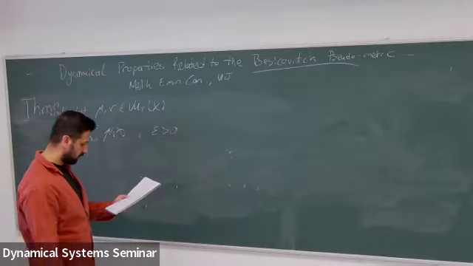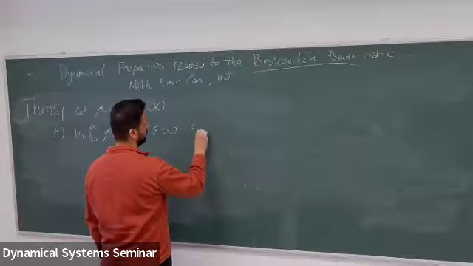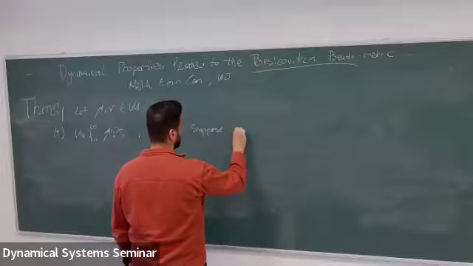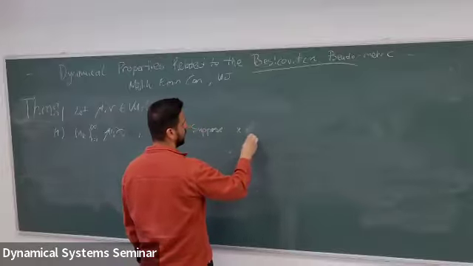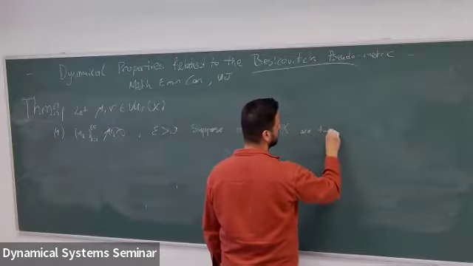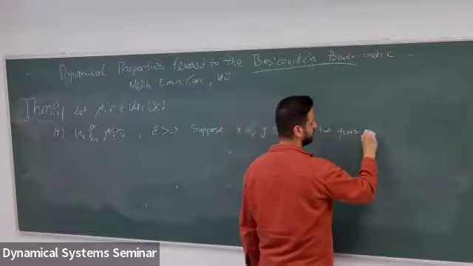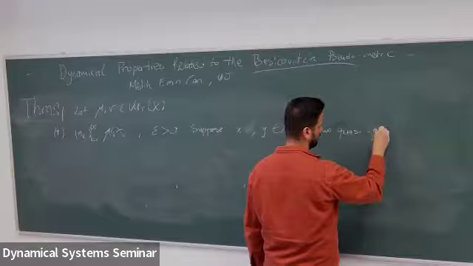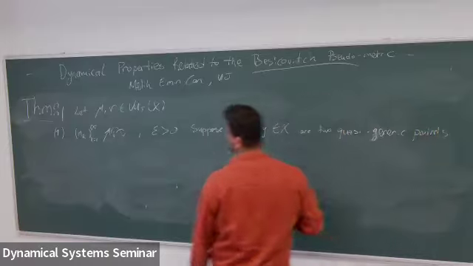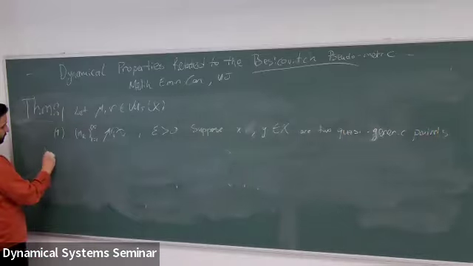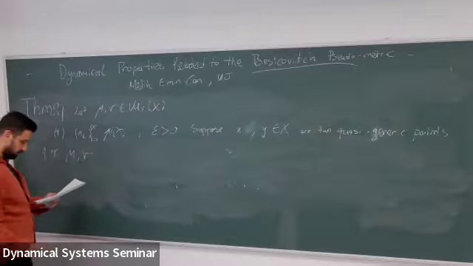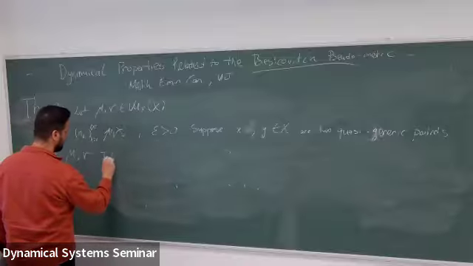Suppose x and y are two generic points, respectively for mu and mu. If we have limits inferior